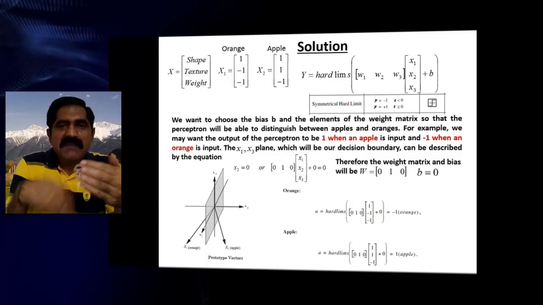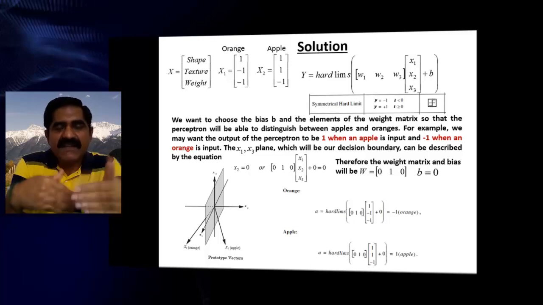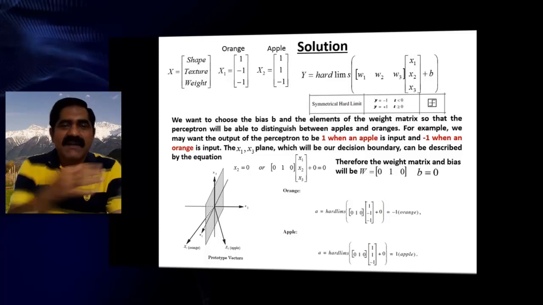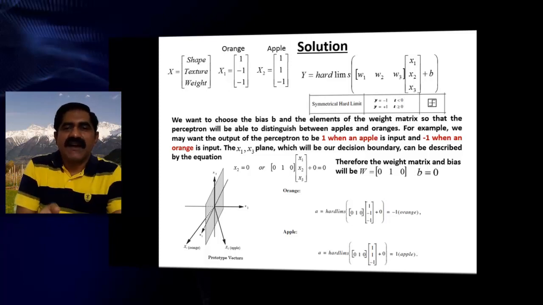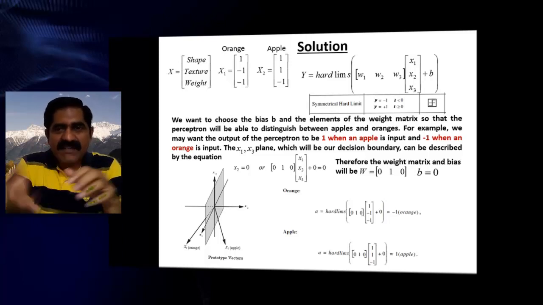For that you have to build artificial neural networks. If you build such type of intelligence, automatically the fruit comes into the decision boundary. Then you are taking a decision and you are keeping it in a proper location. That is our interest. Here we are taking the activation function